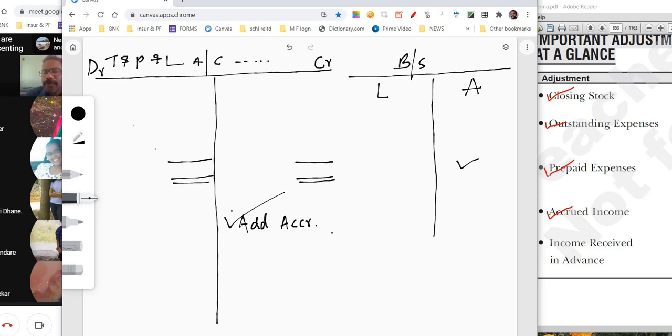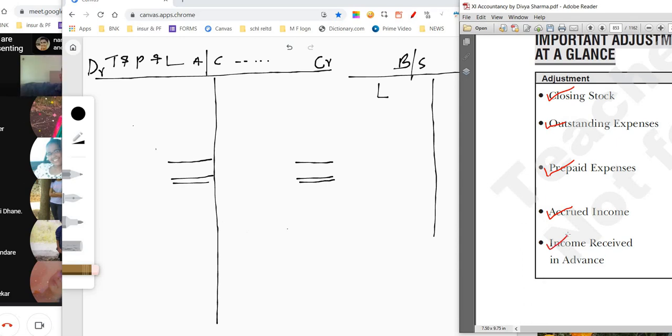I know that many of you knew the answer, but you did not know how to tell it. You know the concept, right? Whatever accrued income is, it is with someone else, we have not received it yet, but we will get it. When we get it, it becomes our asset. So we consider this as an asset. Okay, that is the reason. Accrued income is done, so it is coming here, and I delete this one. Okay, tell me now.